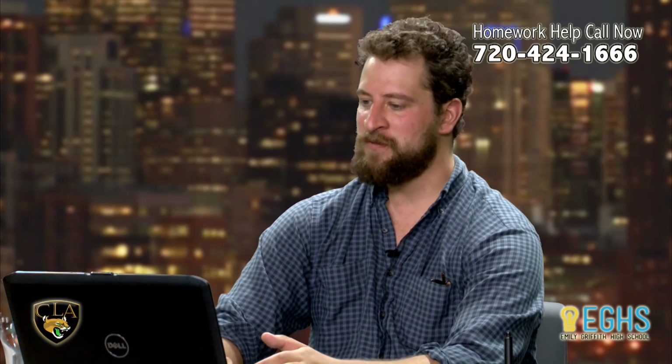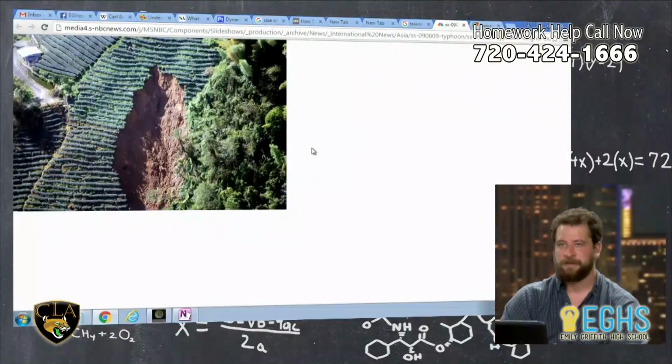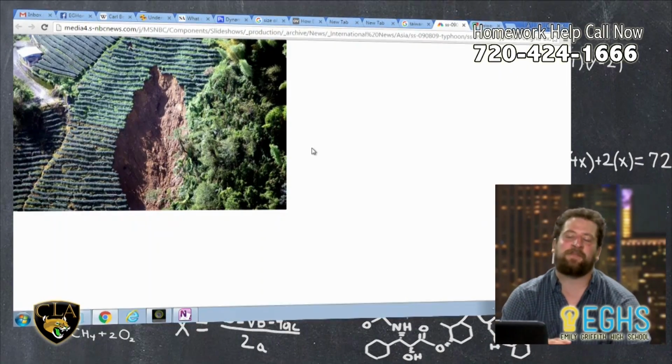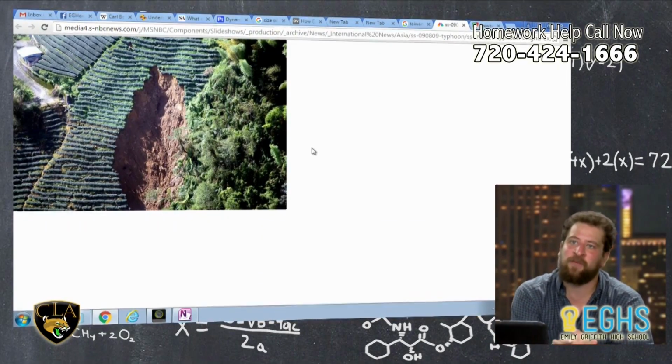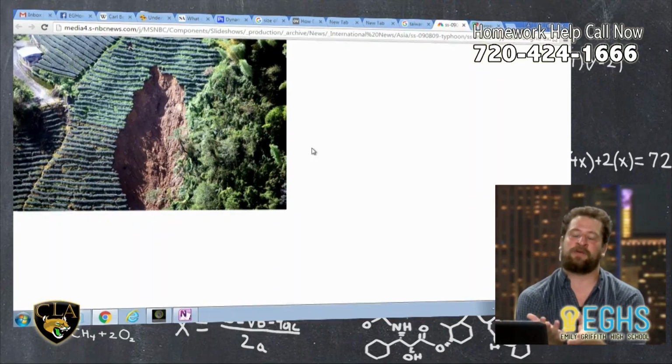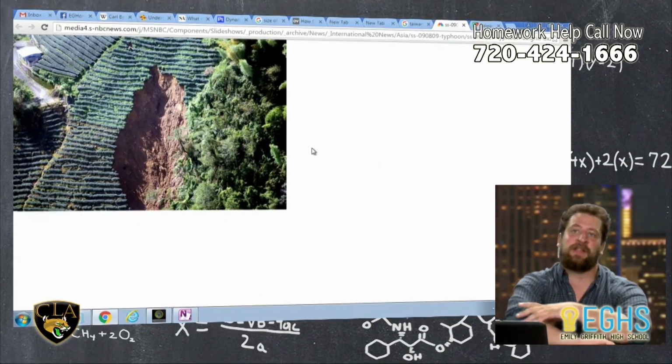So let me see, I'm going to pull up, there were lots of great pictures from this famous typhoon that hit. If we could jump to my screen here. Okay, so this is a picture of a steep farm in Taiwan. So again, because Taiwan is such a mountainous region, a lot of farmers, the land that they're able to farm